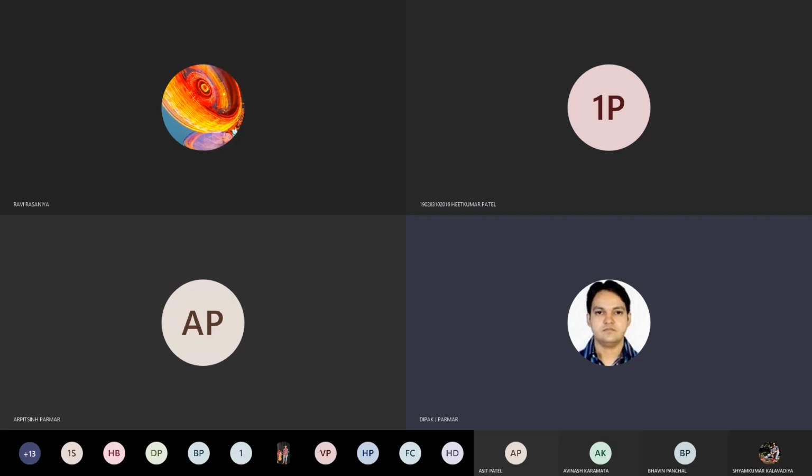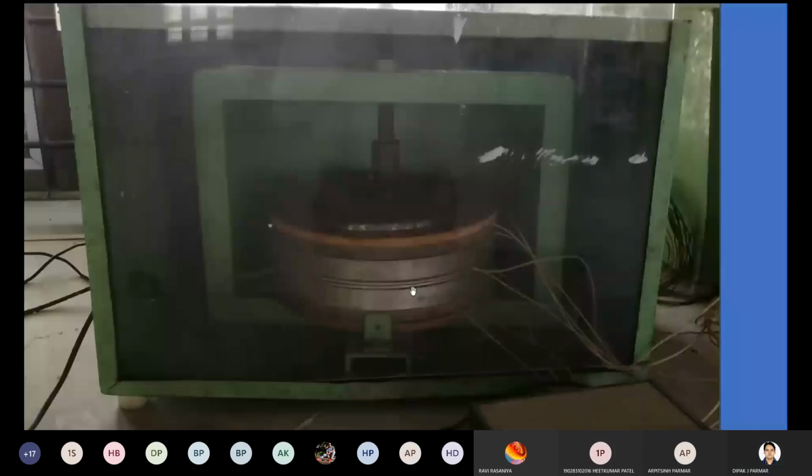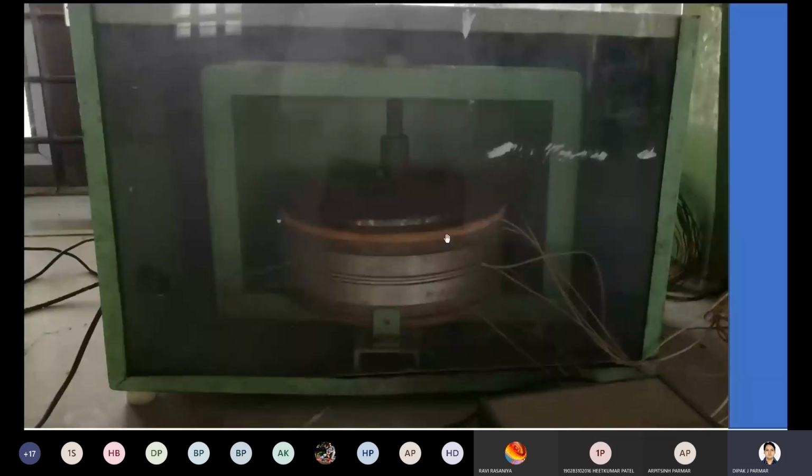One is having this material, second is this material, and third is this material. And it is a mirror effect. Same material is here, here, and here. The shape of these plates is circular, so the cross section is circular.